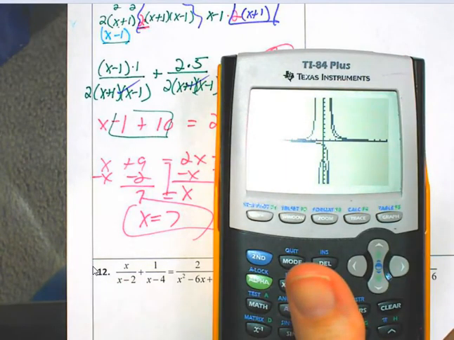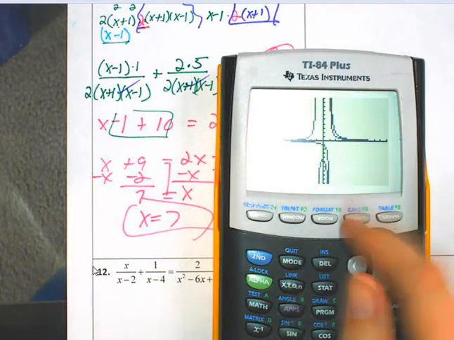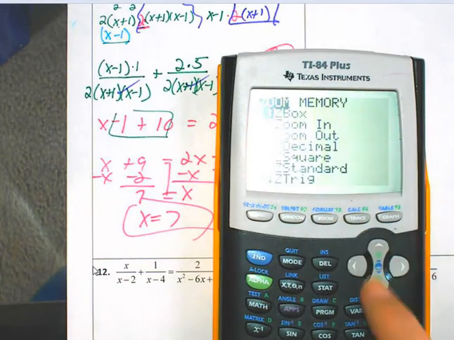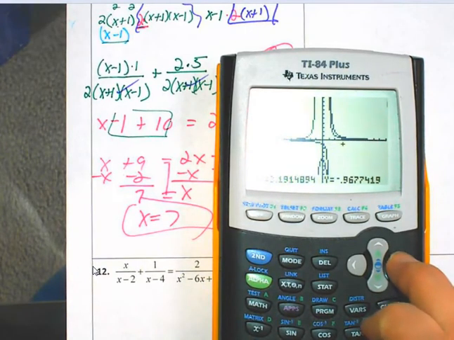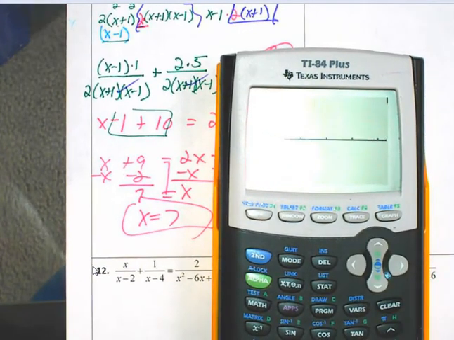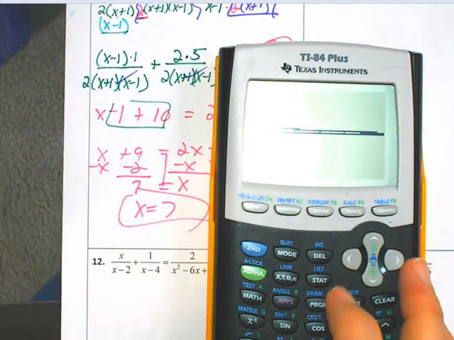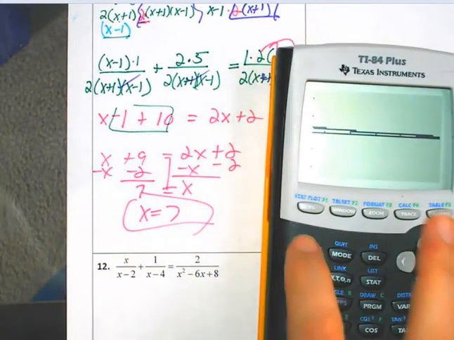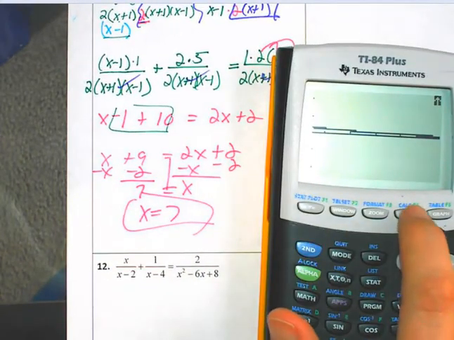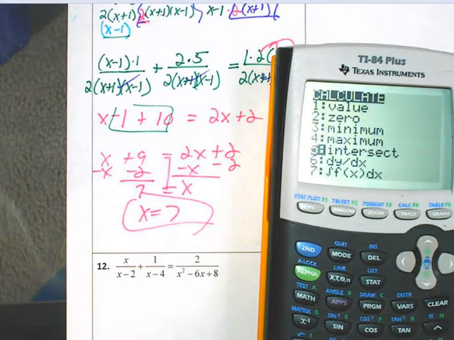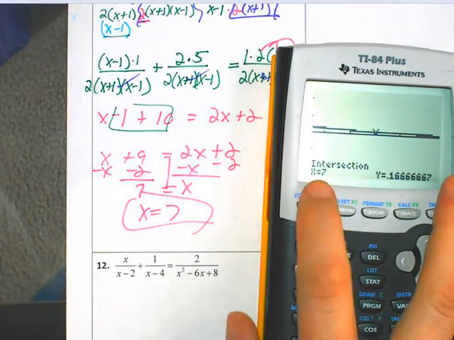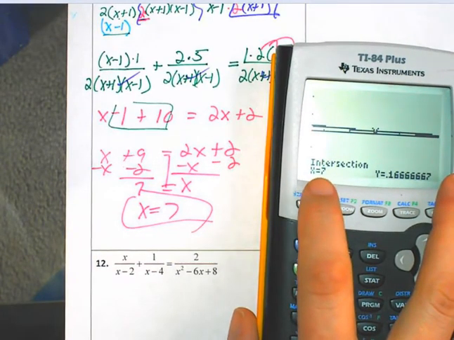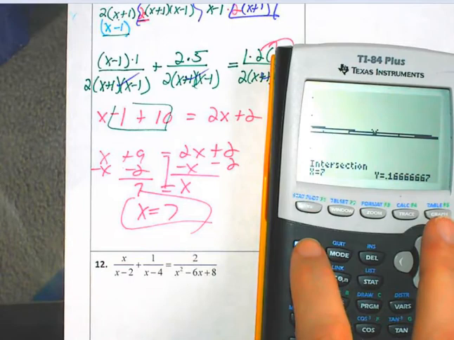of the equation. So I'm going to zoom in over here because it looks like this is where they intersect, and press enter. Okay, once I've zoomed into the intersection, then I'm going to go to second trace and see if I can find the intersection. The intersection, the x value, that's going to be your answer right there, which is 7. The other thing you could do is you could go into your table